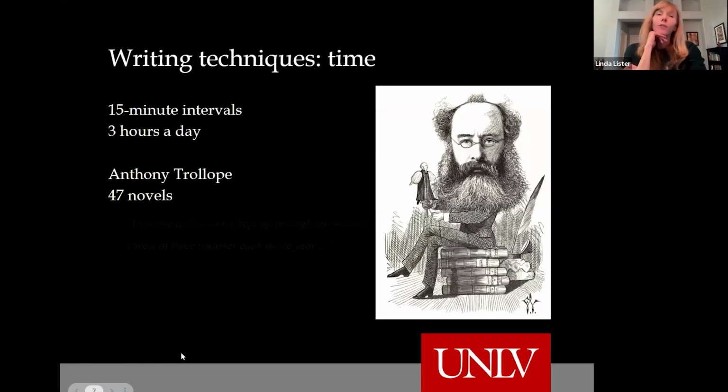So sometimes there are some helpful techniques that you could try. Writing for me is about discipline and creativity. So if you're coming at it from the discipline part, this is just one suggestion. You may or may not be familiar with the novelist Anthony Trollope. He's not as perhaps well known as Dickens or the Bronte sisters or others from that era, but is a British novelist who wrote 47 novels amongst many other writings. And I think at the time he was writing, he was also working for the post office or something. So he had a day job too.